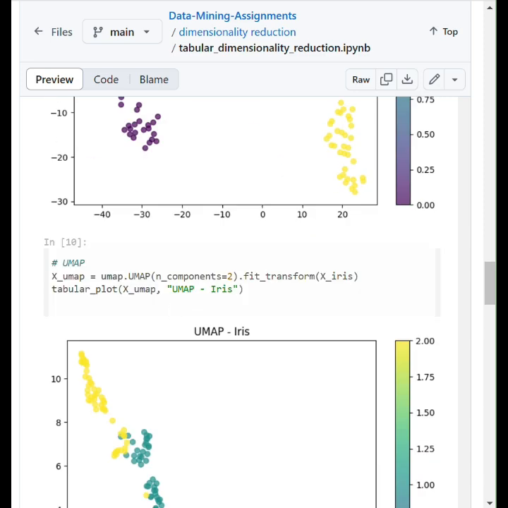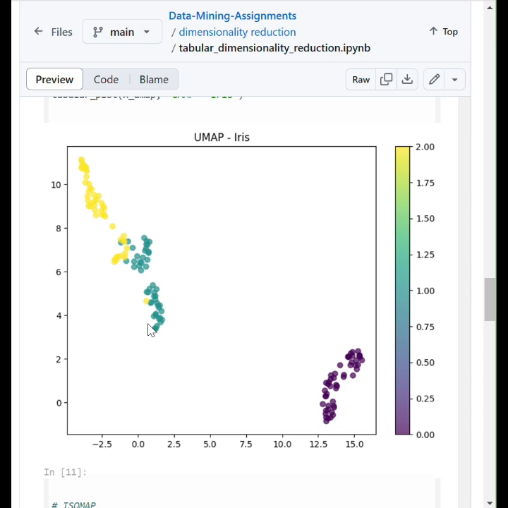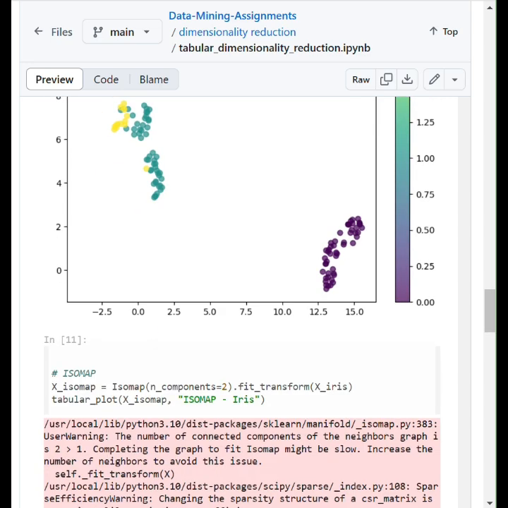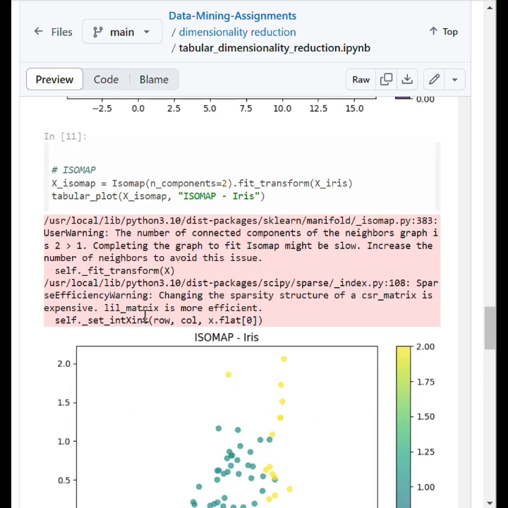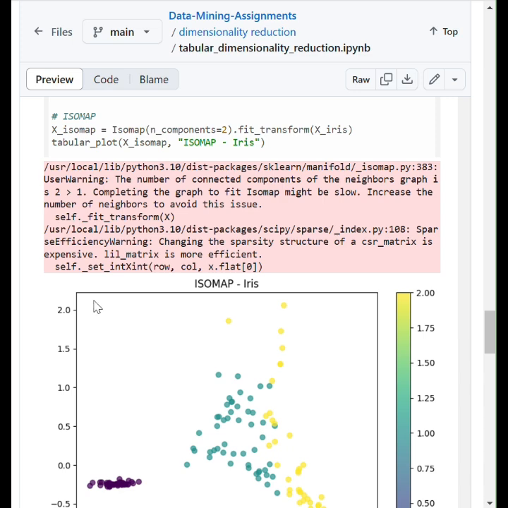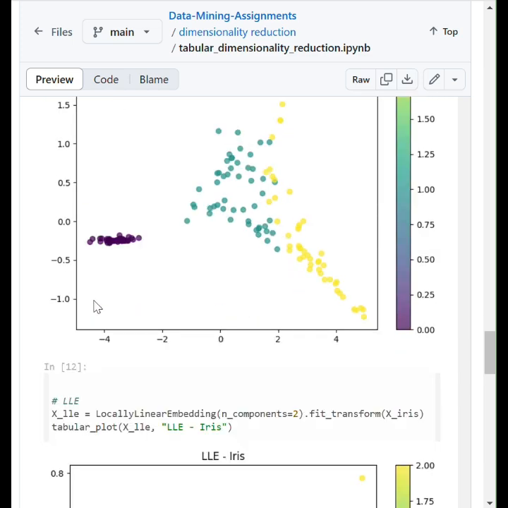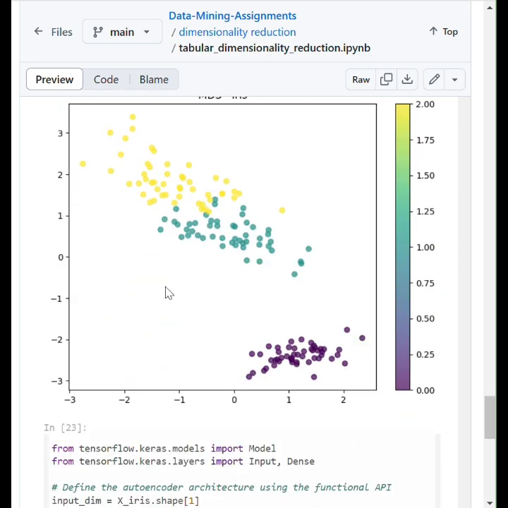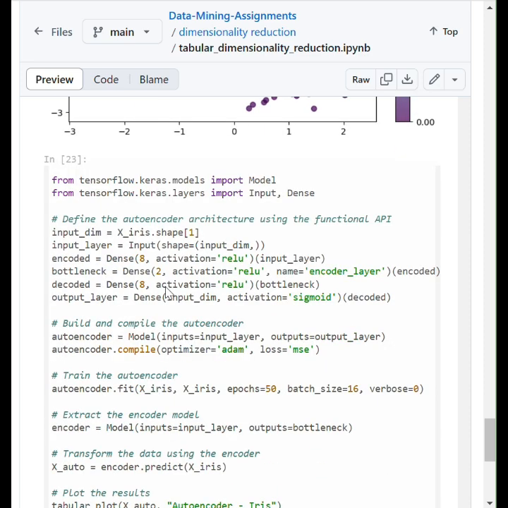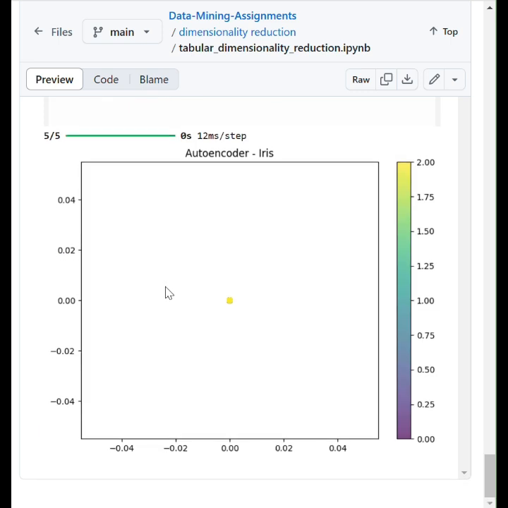UMAP is another technique that creates well-separated clusters in a 2D space. UMAP is faster than t-SNE and produces similar results, making it ideal for larger datasets. ISOMAP, LLE, and MDS try to preserve distances between data points. While ISOMAP and LLE focus on manifold structures, MDS preserves pairwise distances, leading to overlapping clusters. Finally, I implemented an autoencoder for dimensionality reduction. The encoder learns a compressed 2D representation of the data. The autoencoder clusters are similar to UMAP, showing its effectiveness in capturing the underlying structure. To summarize, UMAP and t-SNE provided the best separation of species in the iris dataset, while PCA and its variants